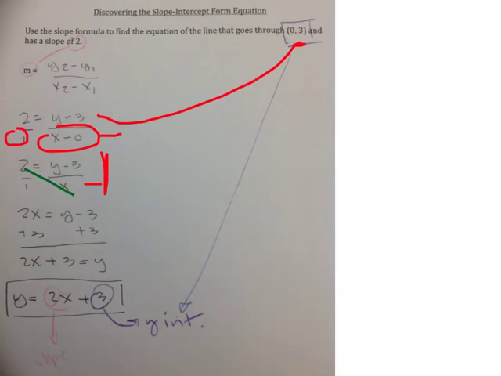And I want to put it in that y equals format, so I added 3 to both sides, and I got 2x plus 3 is y, or, as what's written down here, y equals 2x plus 3. The 2 is that slope, and the y-intercept is the 3. That's just discovering how you get to that slope-intercept form